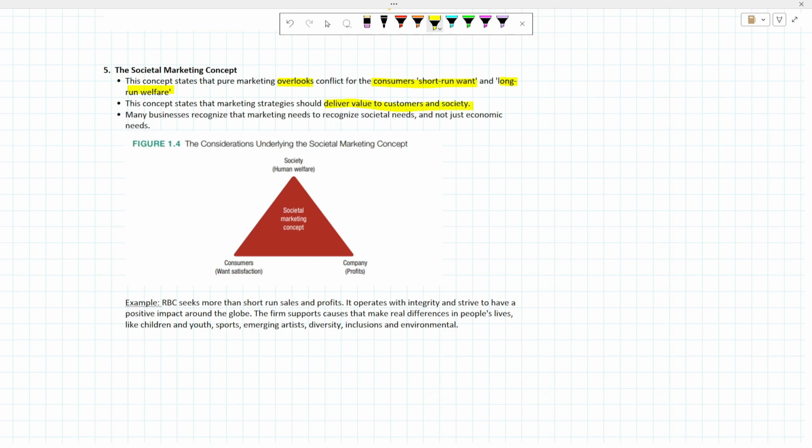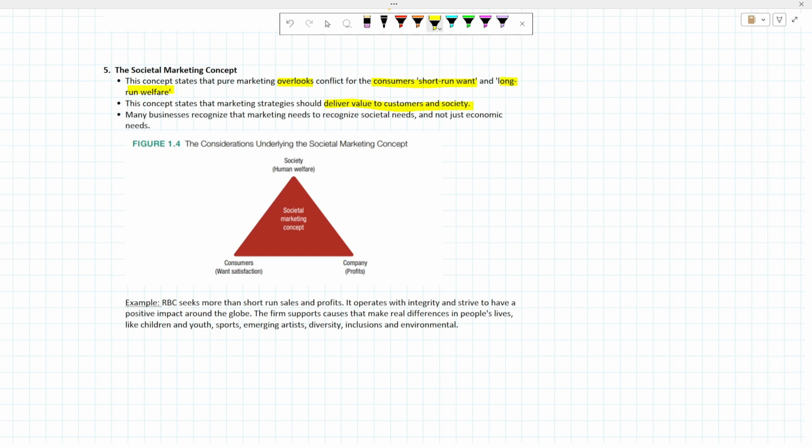Many businesses recognize that marketing needs to recognize societal needs and not just economic needs. An example of this shows the demonstration of the societal marketing concept through consumers that want satisfaction, the company that wants profits, and the society that wants human welfare. An example of this is RBC, which seeks more than just short-term sales. It operates with integrity and strives to have a positive impact around the globe. The firm supports causes that make a real difference in people's lives, like children and youth, sports, emerging artists, diversity,